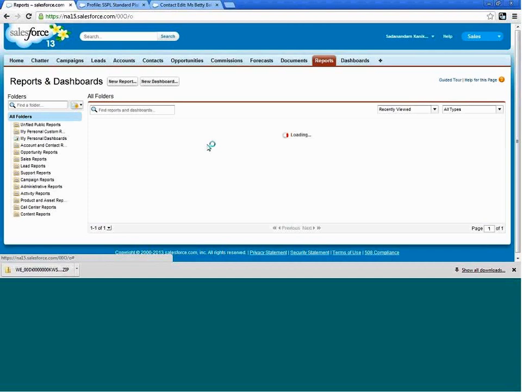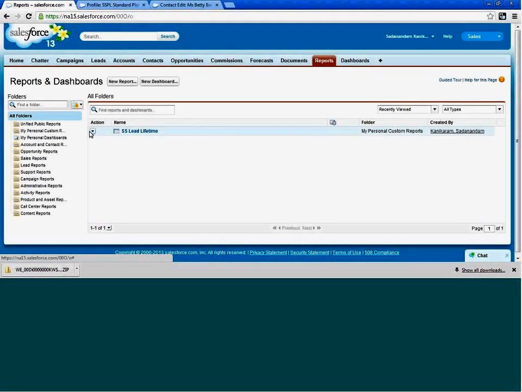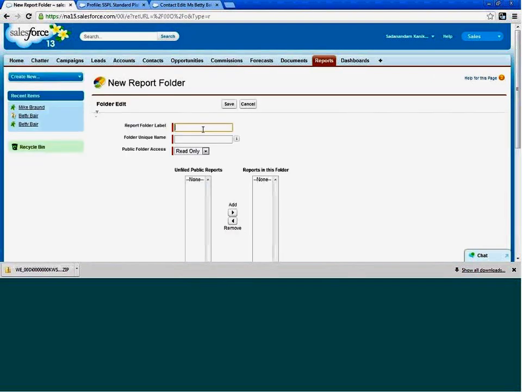And we may have different report folders. There are 2 options. One is to create a new folder. So I will create a new folder,